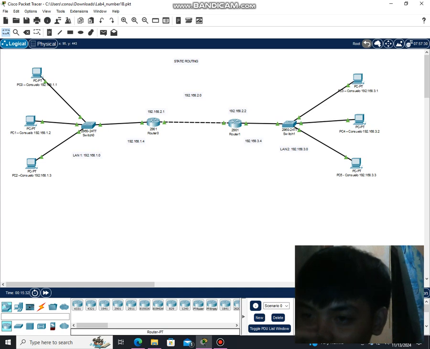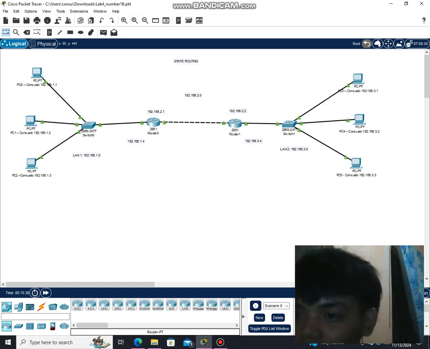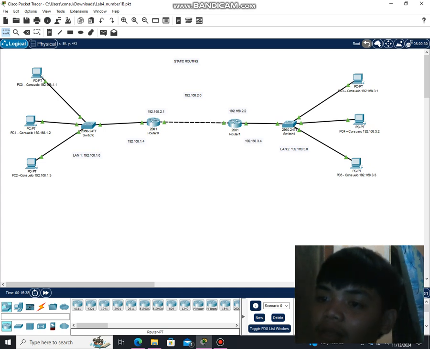IP addressing. In LAN 1, the IP range is 192.168.1.0, while in LAN 2, the IP range is 192.168.3.0. And then each PC has a unique IP address within these ranges.